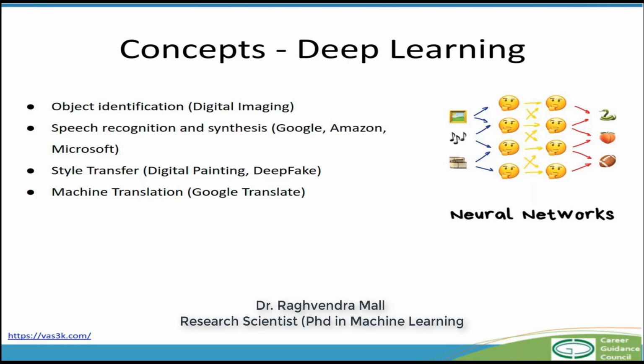So you can use deep learning models for that. For deepfakes, one of the disadvantages of deep learning models is that you can now take the face of someone and make them mimic anything that you want them to say. I'll give you an example of that also, it's a pretty interesting example. For machine translation also, like in Google Translate, I gave the example, deep learning models are being used by companies like Google.